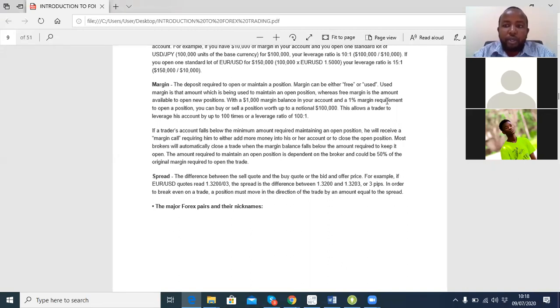So let's continue on margin. We are saying margin is the deposit required to open or maintain a position. So margin can either be free